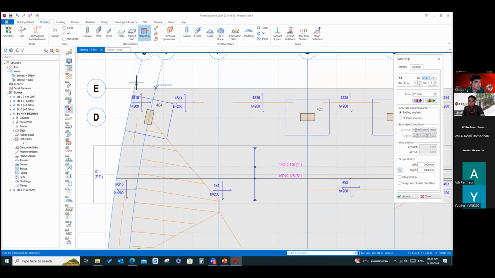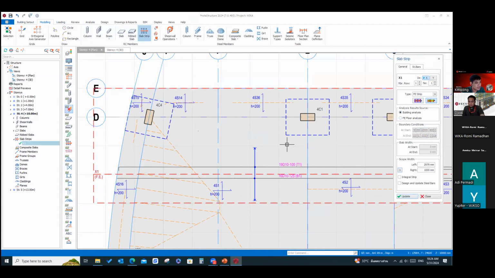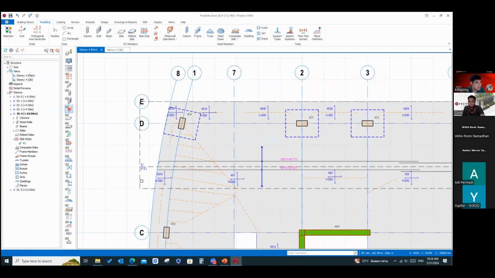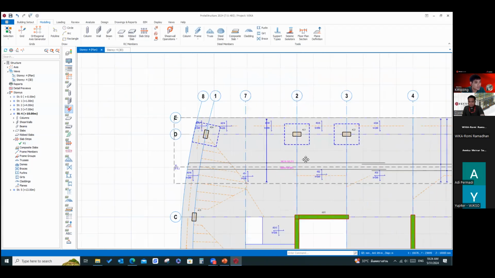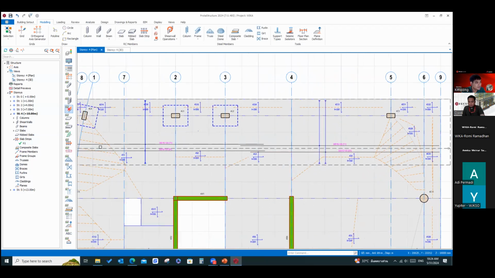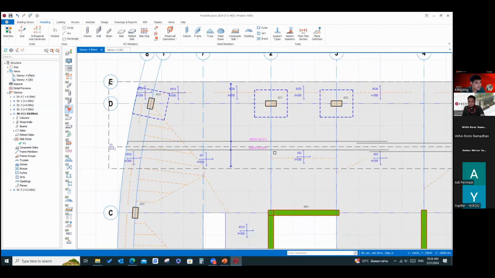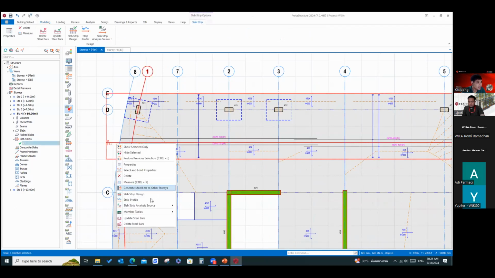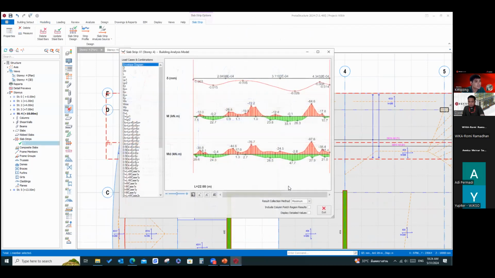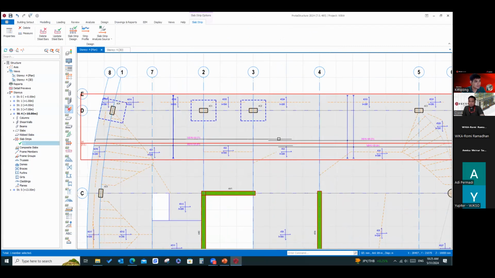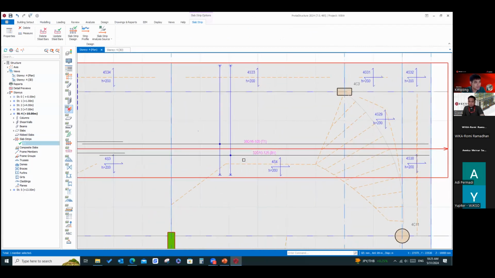Or you can change this to this, and update all the steel bar. It's done. You can check the result and the profile like this. This is the moment of the slab, the bending. See, all the detail is done.